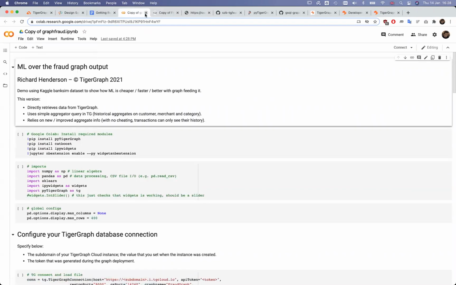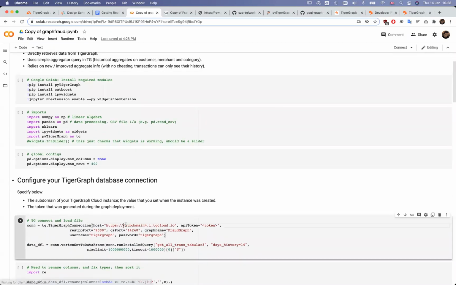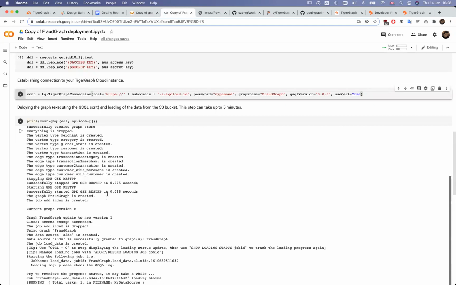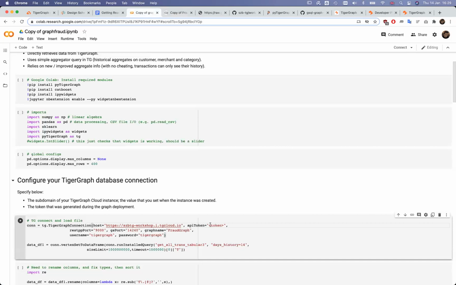I close this one. So to be able to run this, we need to provide two things. And let's start with those two things. First of all, again, we need to provide the subdomain of our instance so that the notebook would know which PyTigerGraph instance to be connected to. As I mentioned, in my case, it's SVTG workshop. And we need to provide the token that I was talking about, the session level one-time access permit that has been generated in this step of the previous notebook. So just simply copy paste it over. And that's all we need to do for now.